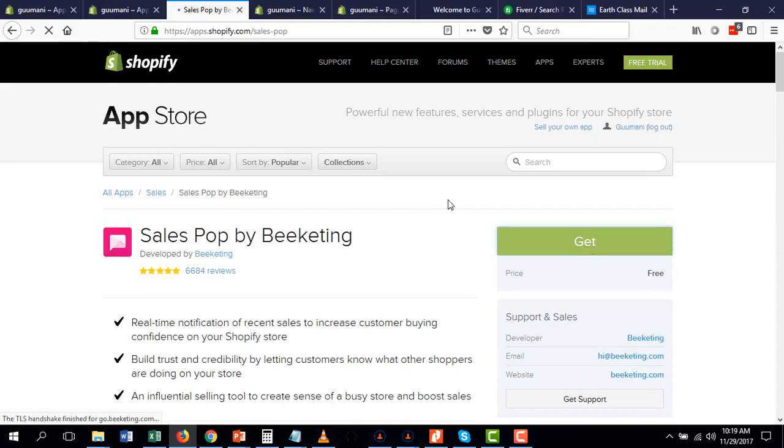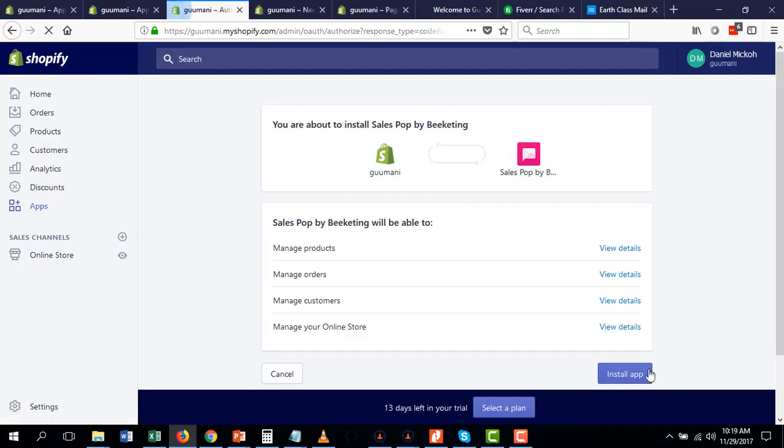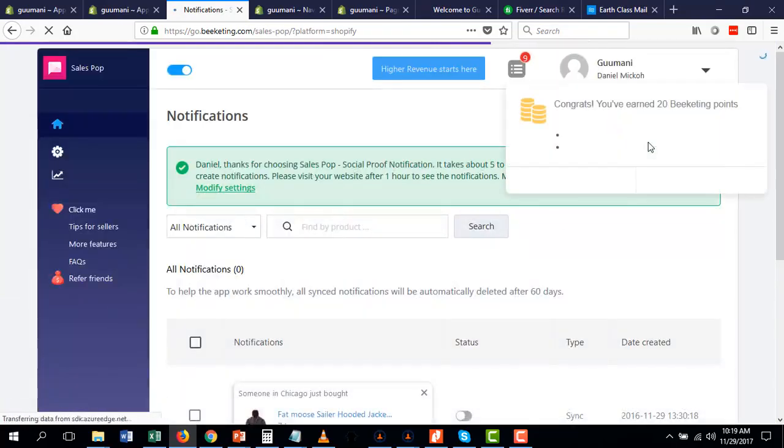I'll install the Sales Pop. This one will always be showing visitors that people are buying, and stuff like that. So I like the Sales Pop. Then there's the countdown timer and all the other things. So that's Beeketing. When you install the first Beeketing app, they'll then give you other apps of theirs when you click on this